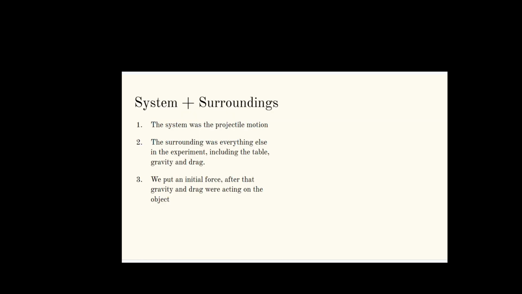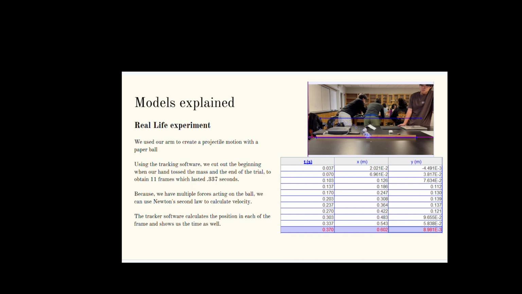So the system was the projectile motion, and the surroundings was everything else in the experiment, including the table, gravity, and drag. We put in an initial force, after that gravity and drag were acting on the object. Models explained: we use our arm to create a projectile motion with a paper ball. Using the tracking software, we were able to track each of the points, and we obtained 11 frames, which lasted